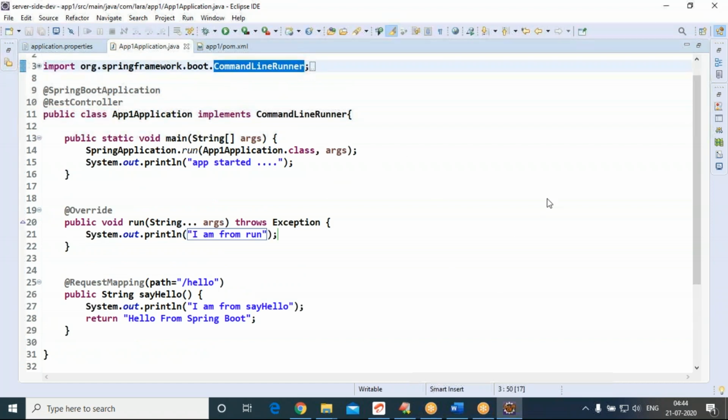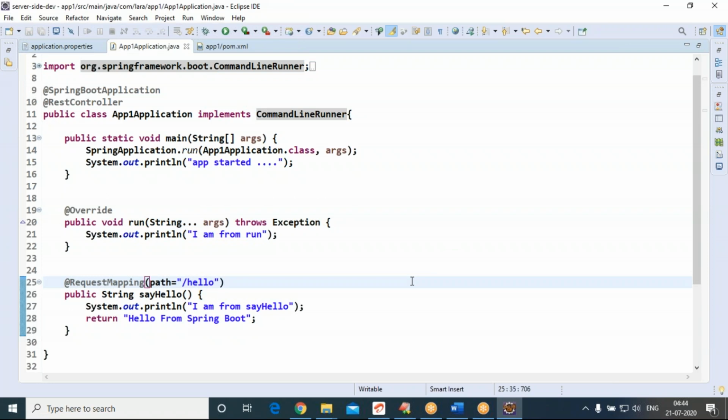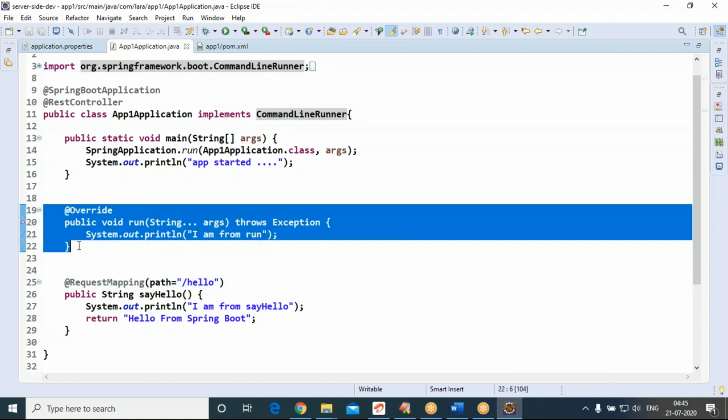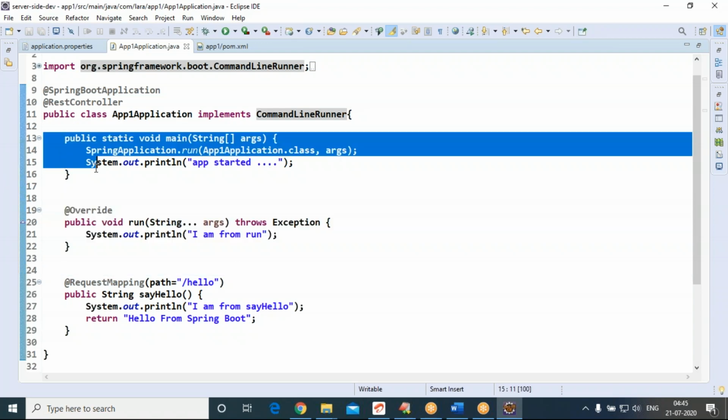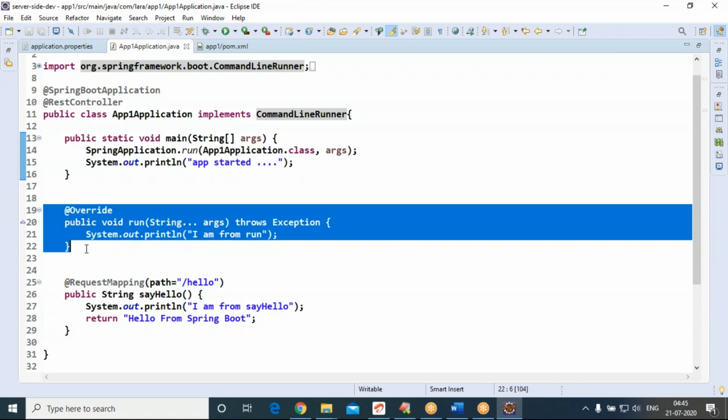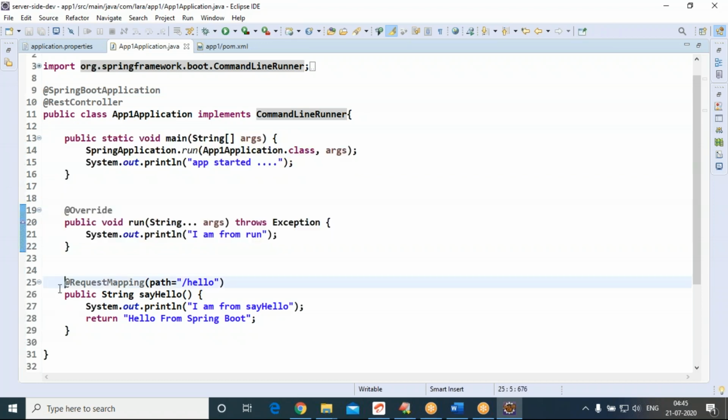You can see, CommandLineRunner is an interface. It contains one method. Same got implemented. Now totally three methods are there. Main method for execution purpose. We developed a run method and we developed even a REST API.